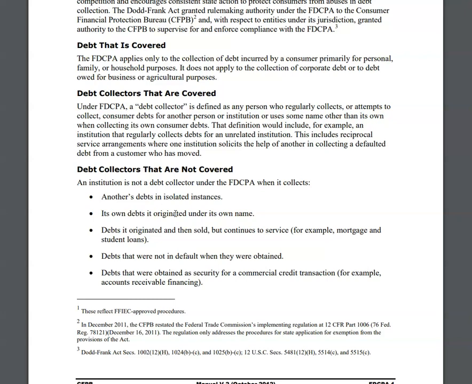Debt that originated and was then sold, but the originator continues to service it. For example, mortgage and student loans. A lot of the times a mortgage company might give it to a servicer that's going to be servicing your mortgage or your student loans, but they continue to service those payments. They are allowed to give you a call, even though I've heard